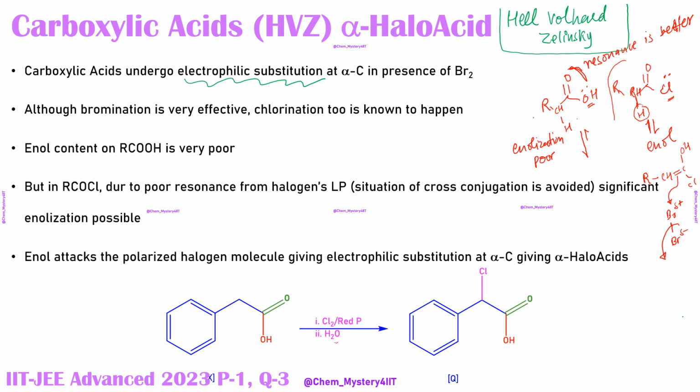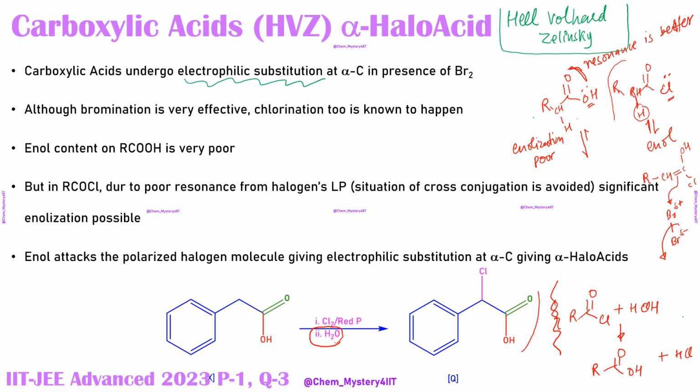This water has been used because those acid halides which were generated can be hydrolyzed very easily. You remember this thing, acid chloride, in fact acetyl chloride, if you take, they fume in presence of moisture as well. So these compounds will be converted back into the corresponding acids, and there will be formation of HCl. So this water has been taken to convert that group back into the corresponding acid.